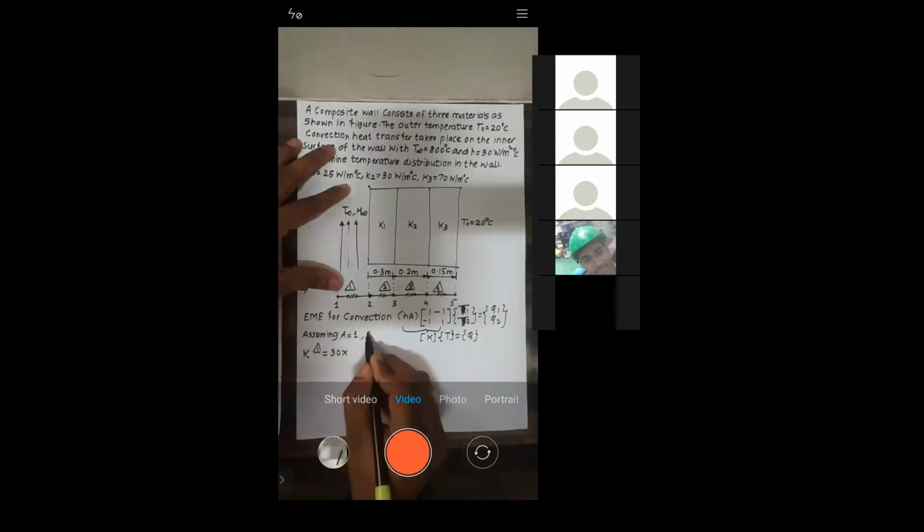So we will get the value of heat transfer in watt per meter square. Understood? So whatever value of Q we get, it will be in terms of watt per meter. Ready? So this is H